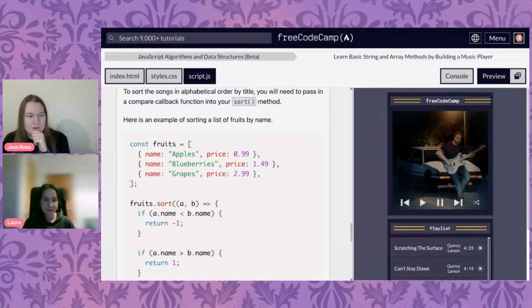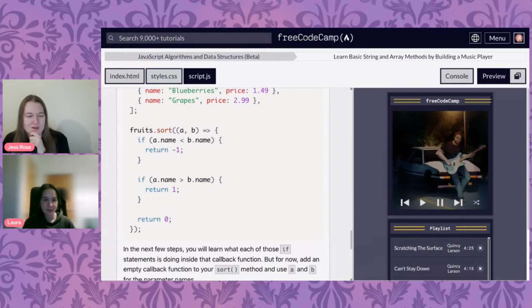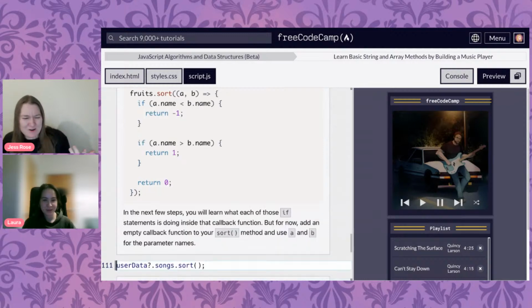No, I don't like it. Is it greater than or less than? In the next few steps, we'll learn about what this does. Yeah, this can't hurt us if we don't look at it too hard. But for now,